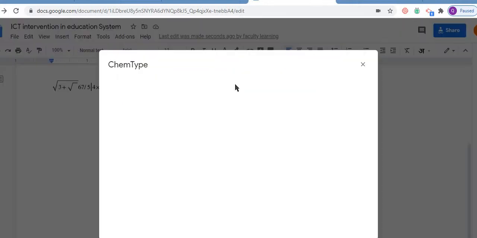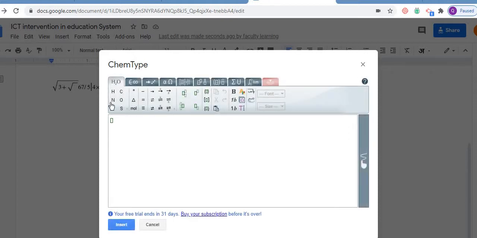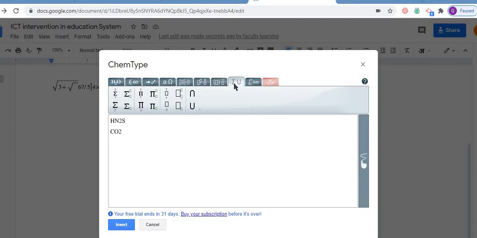Now if I go for the chemistry type, though I am not a student of chemistry, but let's decide. So here H2O, it is there, right? So we can easily try. Nitrogen is there. Though I am not familiar with the formulas, but still, for example, summation, though we are familiar with the summation formulas, so we can